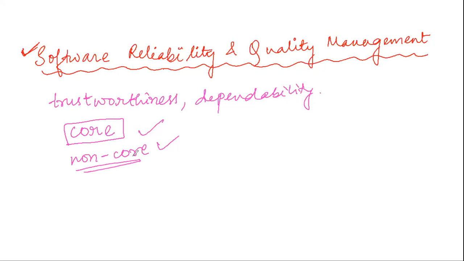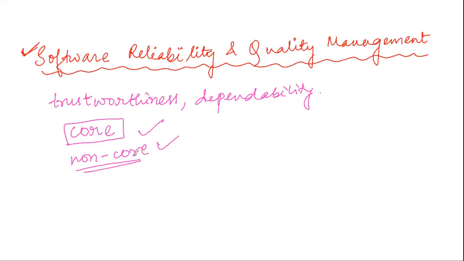If the non-core parts, which are very seldom accessed, still have some errors, then also the software will be very much reliable. But if the core parts have even the slightest error, then the software will not be reliable at all. So as you can see, it is clear that the quantity by which the overall reliability of a program is measured also depends on which part the error is occurring in.